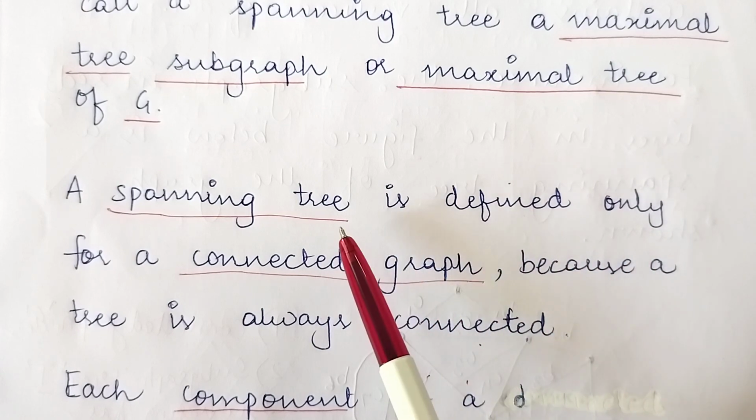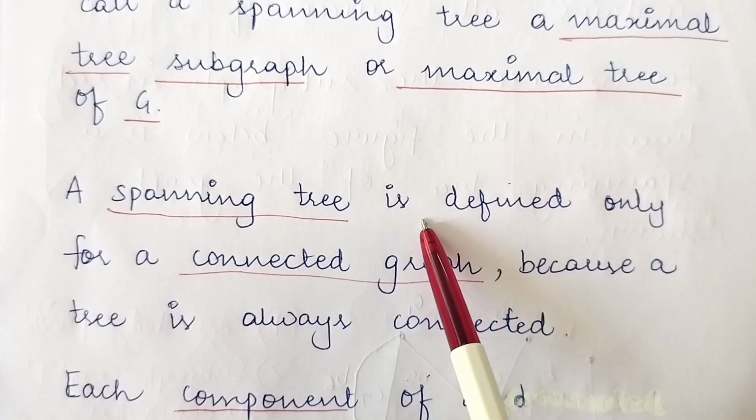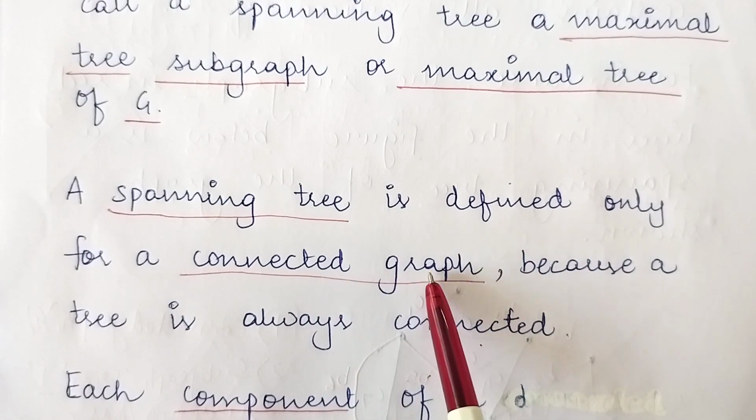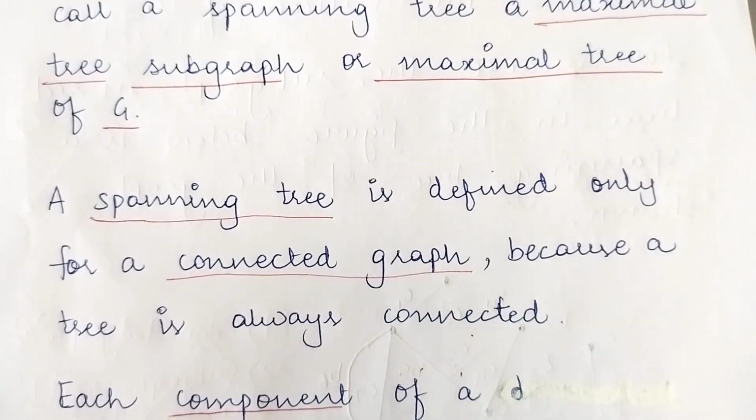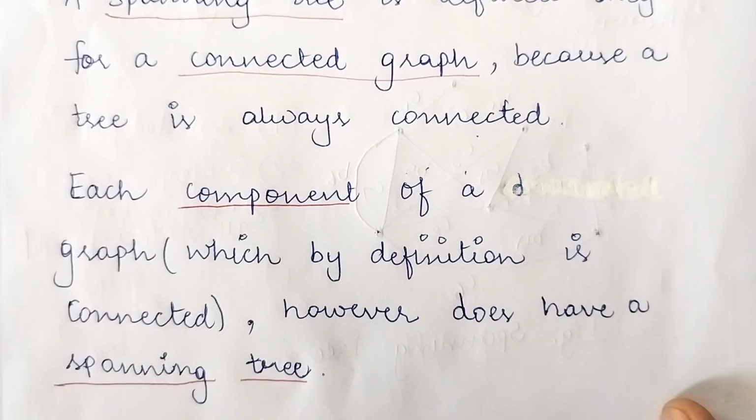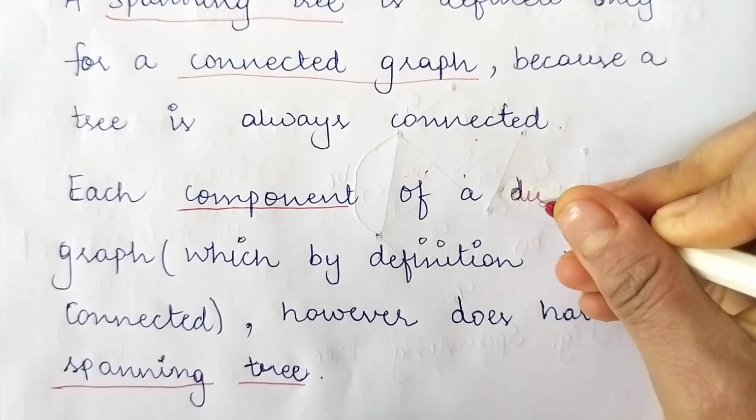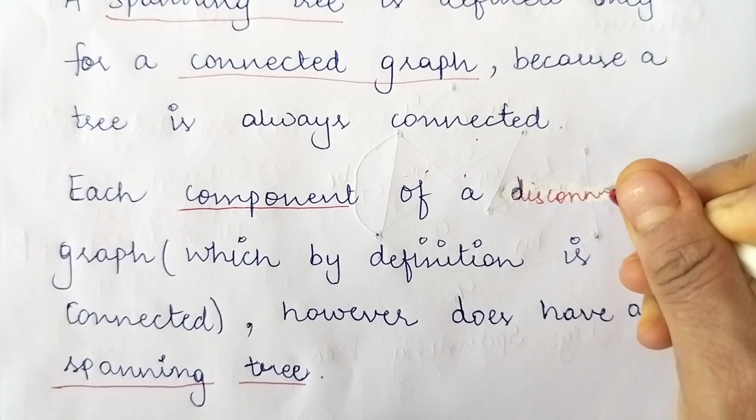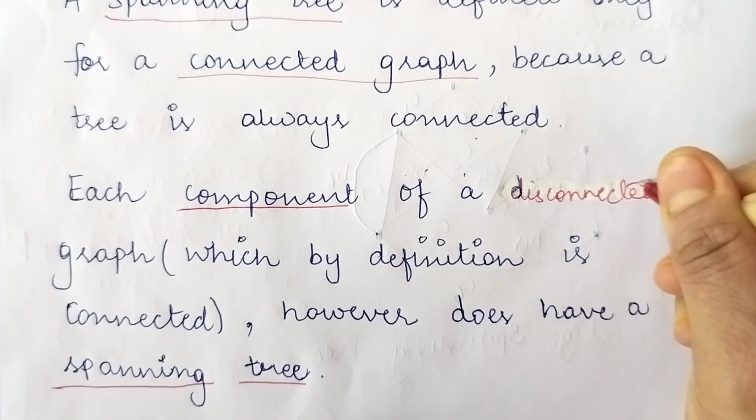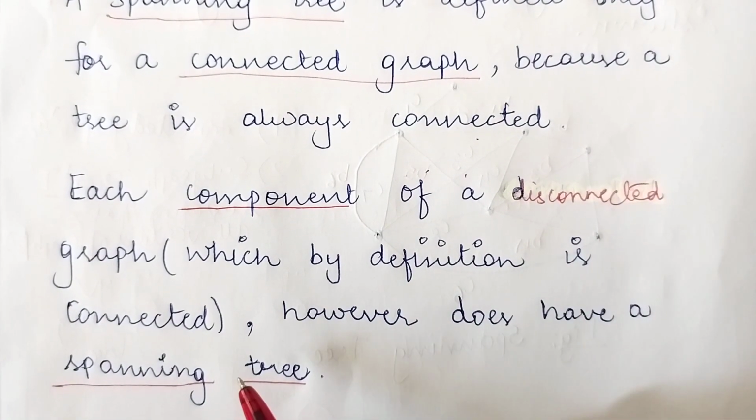So that means if you have to find a spanning tree, it is quite obvious that you can find it only in a connected graph and not in a disconnected graph. Now each component, if I talk about a disconnected graph, then each component of a disconnected graph by definition is